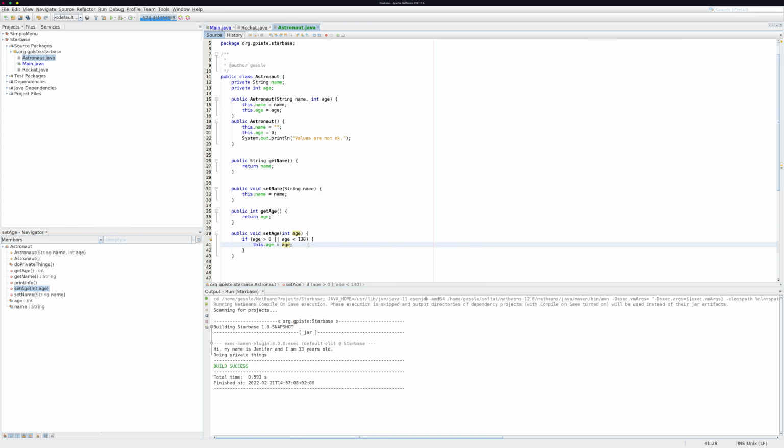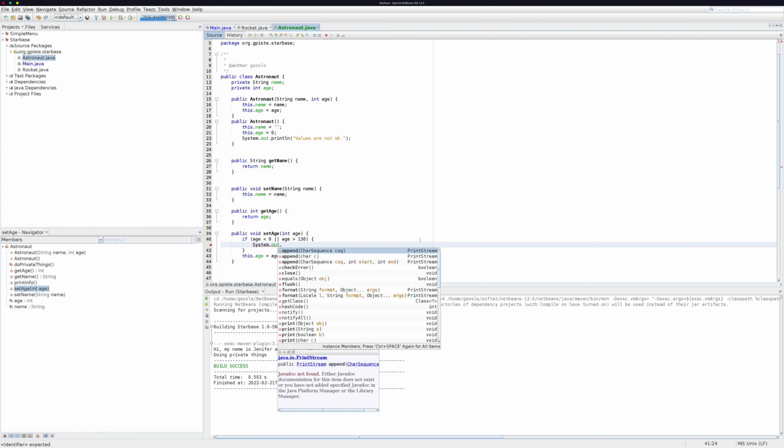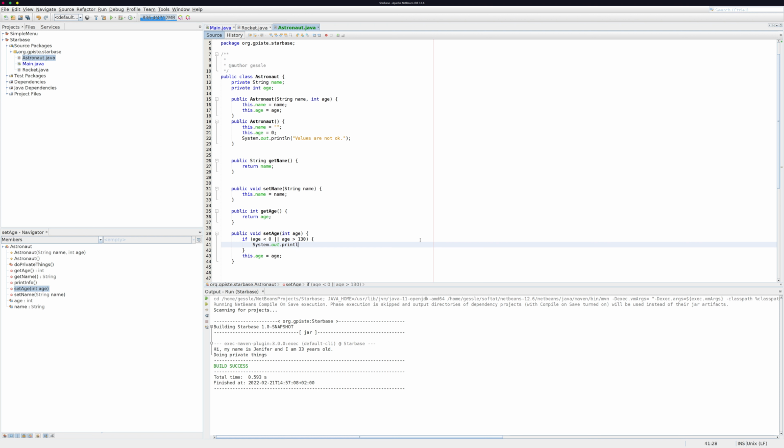And now it was not correct. Actually, let's not have it this way. Let's have it another way. If age is less than 0 or age is more than 130, then we can just print out that this is not right. Age is wrong. Return. So if you are inputting incorrect values, then we are not changing the age, but otherwise we are doing